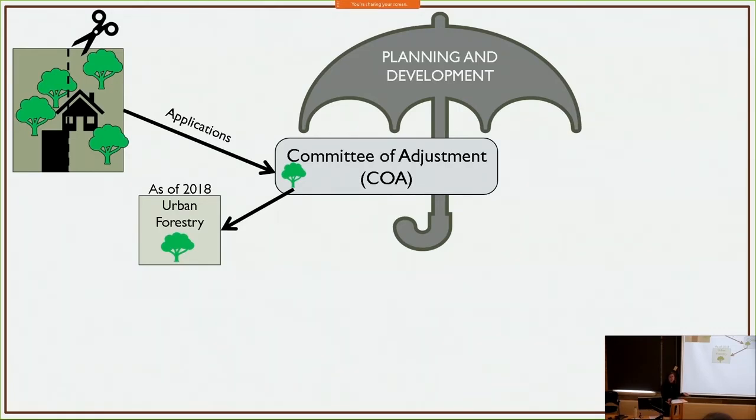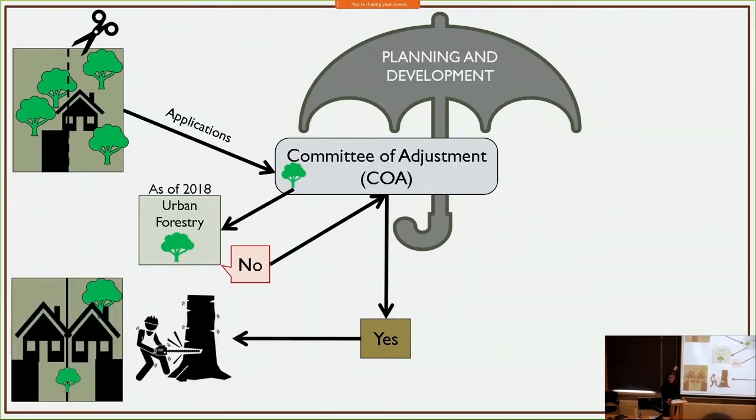So in this hypothetical scenario, let's say that Urban Forestry objects to this application, they provide that feedback to the COA, and the COA considers it, but they still go ahead and say, yes, you can go ahead and build that, sever that lot. So then we have a lot severance here. We also have a reduced canopy, so no action is taken further than that. This begs the question, what can we do? What action can be taken?